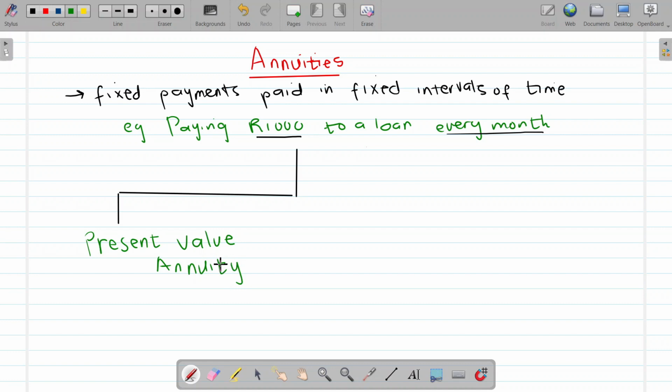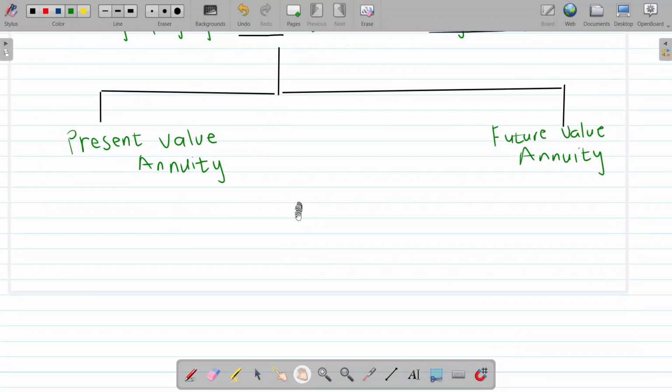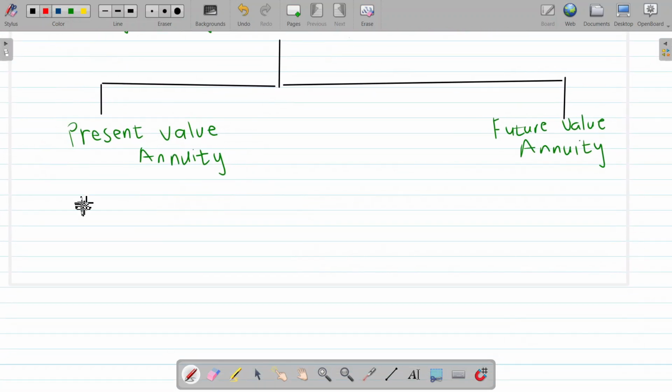And the second one is called the future value annuity. The difference between these two annuities is that one is used for loans and the other one is used for investments. So the present value annuity is used for loans,